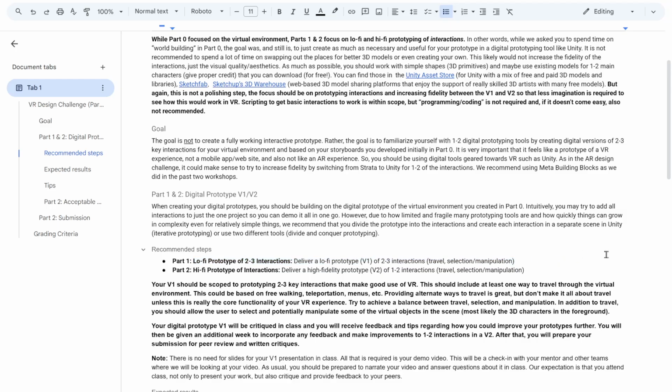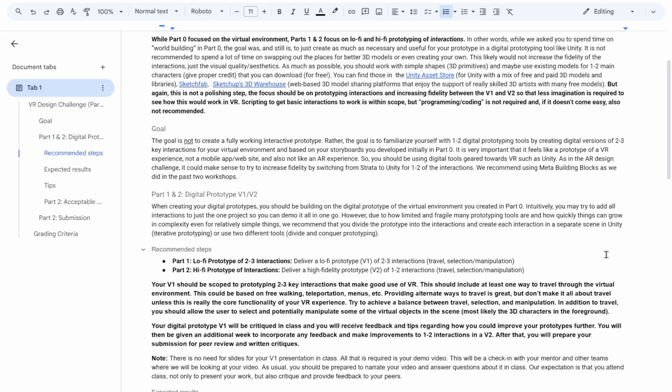Let's say one of the students created this really cool scene, like a Zen garden, and a Zen garden has something magical, mystical to it. It's just like a recreational space, potentially calming, soothing, and those kinds of things. So going in there with Meta building blocks and jumping around with some of the teleportation techniques could be a V1, but I don't think this is what we want because it doesn't really fit